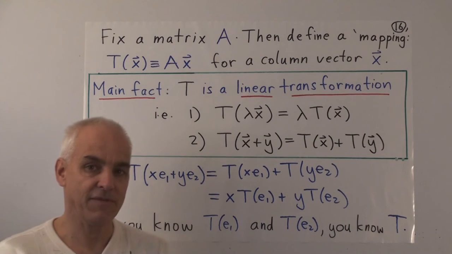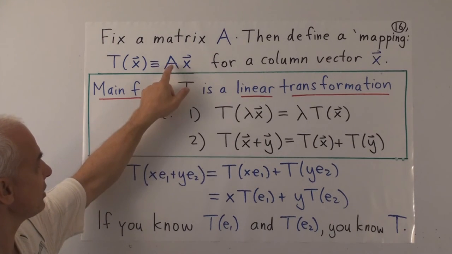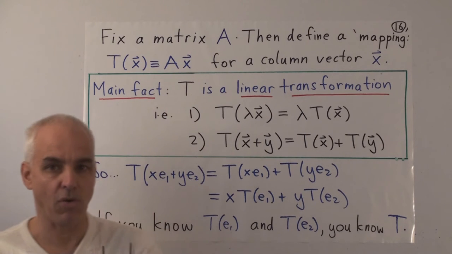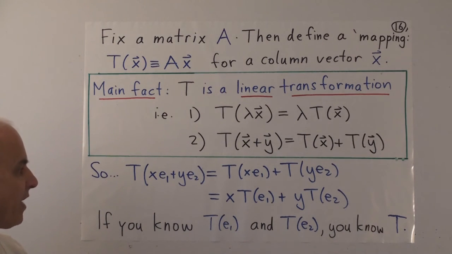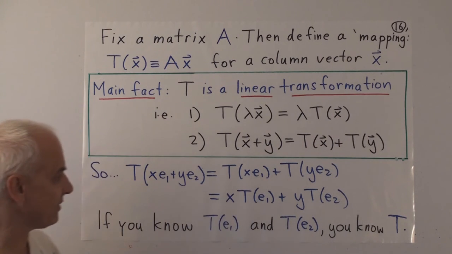So I'm going to leave it to you as an exercise, and we'll talk about it later, to convince yourself that when you multiply by a matrix A, these two properties hold. Okay? It's an exercise. Please write a proof down for that. And why is this important in terms of visualizing the transformation? Because it implies the following relatively simple idea.